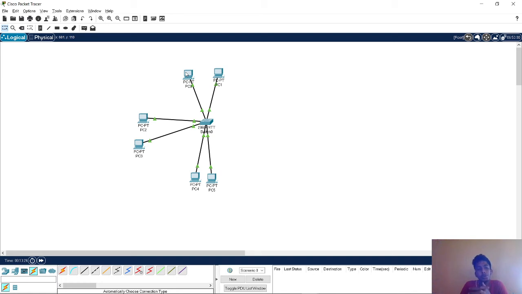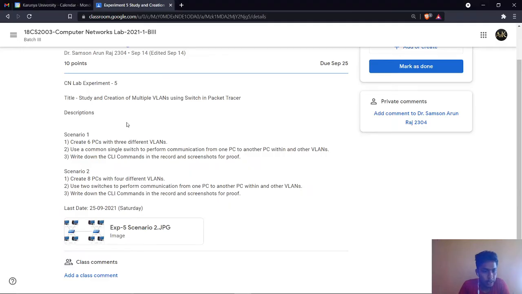For that, we need to add a router and configure the router. In that way we can communicate with the other PCs. That was the first scenario. Now let us see the second scenario.